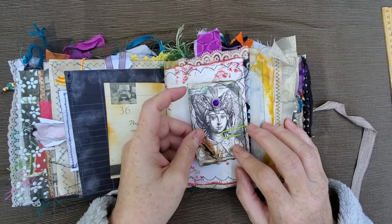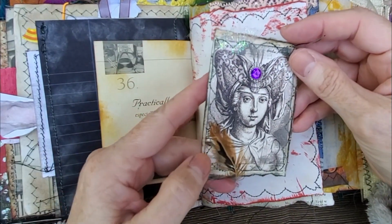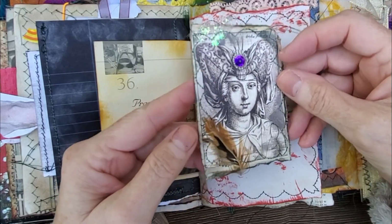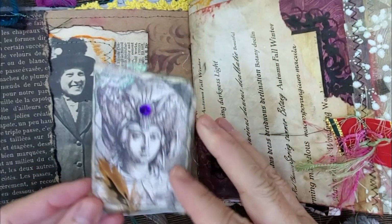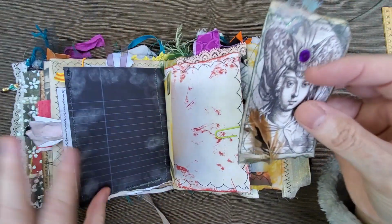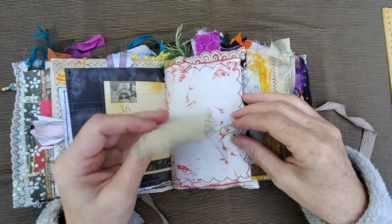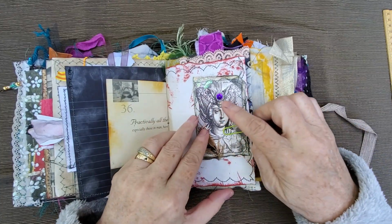Now this is Flossie in her costume when she's doing some rituals. She likes to dress up and look a little bit different. So she's quite ordinary over here normally, but then she transforms into quite the queen, and perhaps she's the leader in her coven. And a little bit of